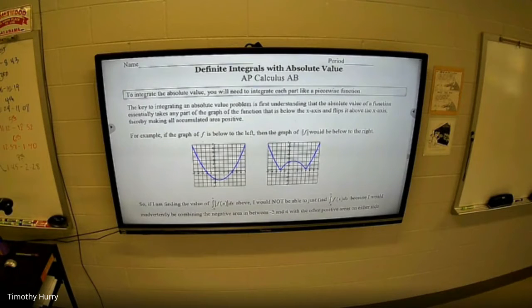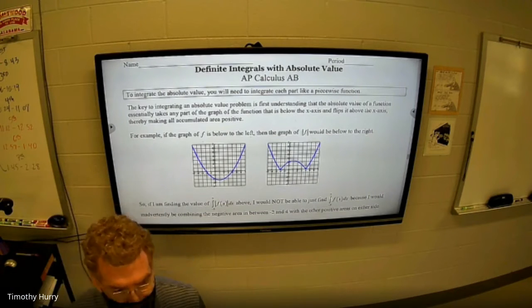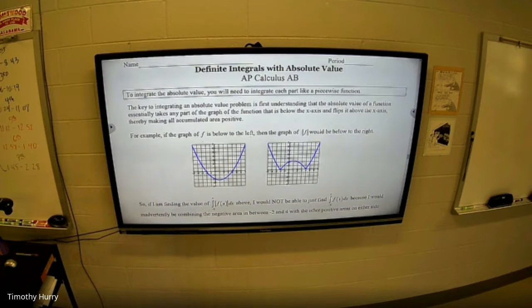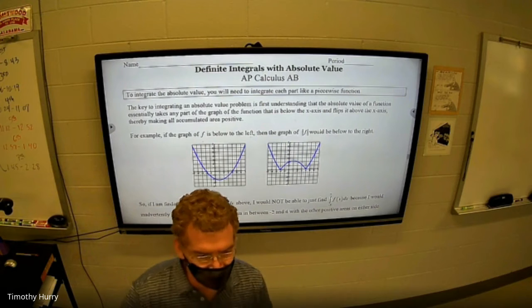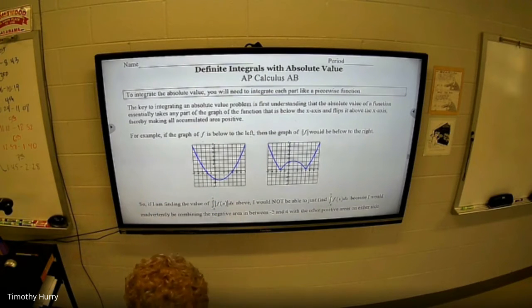Teach one new topic, which is actually pretty huge in the whole scheme of the AP test. But it's not that hard to think through. And then we're going to review all of that, the first and second fundamental connections that we have, and then bring in all the stuff about increasing, decreasing, concavity, inflection points, and just show you that it was on the